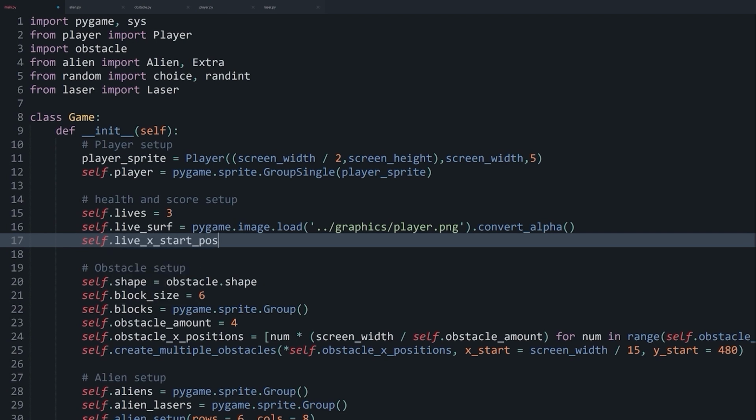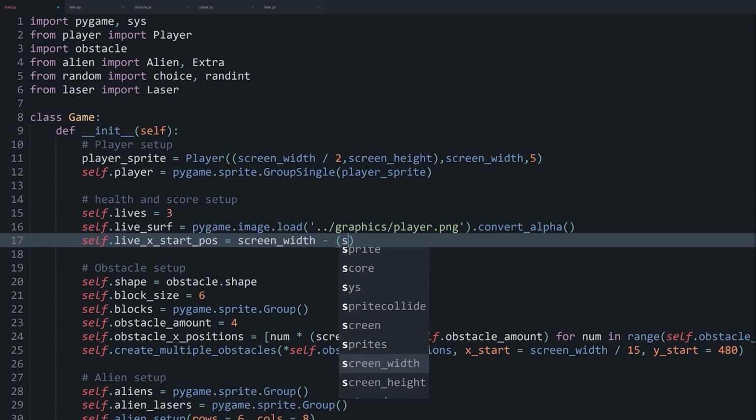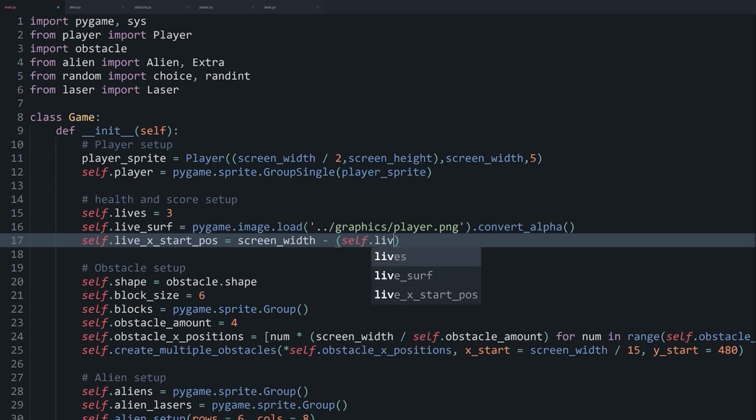And that is going to be self.liveXStartPosition. So effectively, we want to place all of these lives in the top right of the screen. But for that, we have to know how far of an offset we need from the right side of the screen. And this is what this is going to be for. And in here, I want to first get my screen width. And from that, I want to subtract a couple of things. And basically what I want to get, first of all, is